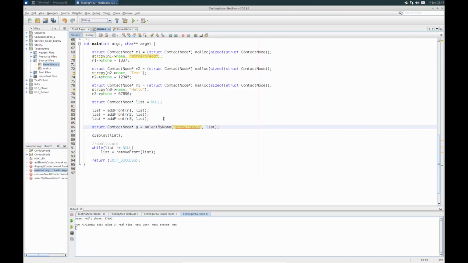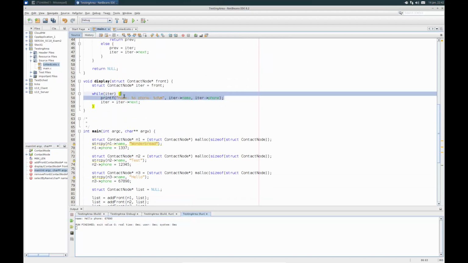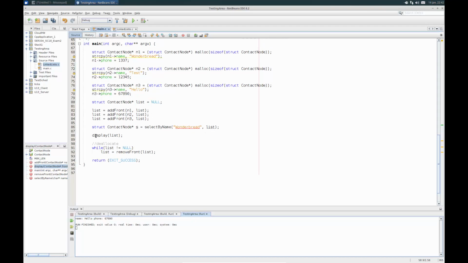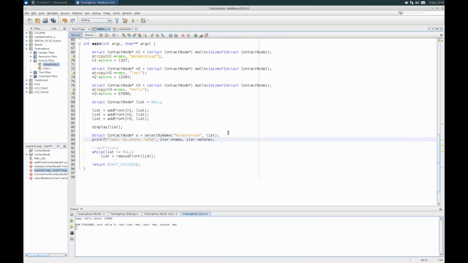Okay. So if the code works, this will search the list, loop through every one, and basically return that node that contains that Wonder Bread name. So let's see. So I have that, and then we'll adjust a couple things here. Let me move my code down a little bit, so that there was to create my three nodes, and then display them. Let's say I have this. So we'll call this now S.